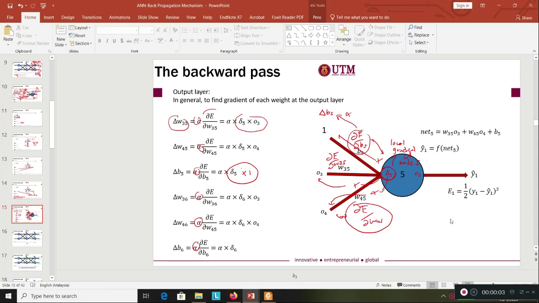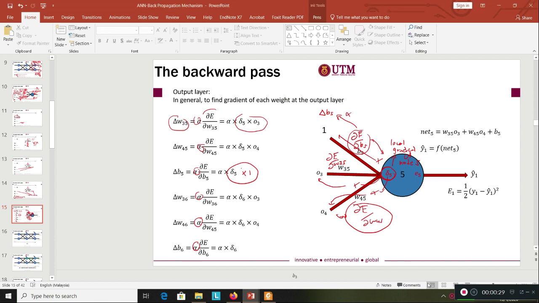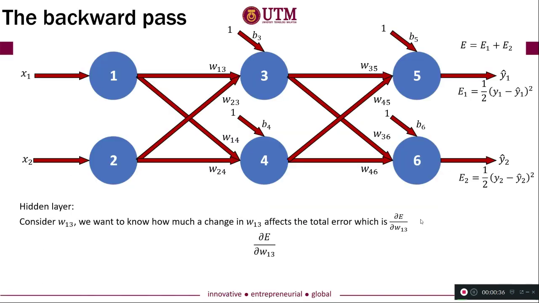So we have already finished describing the backward pass just for this particular output layer. This is not just involved at neuron 5 or node 5, it can also be generalized to neuron 6, because neuron 5 and 6 are both at the output layer. So in other words,